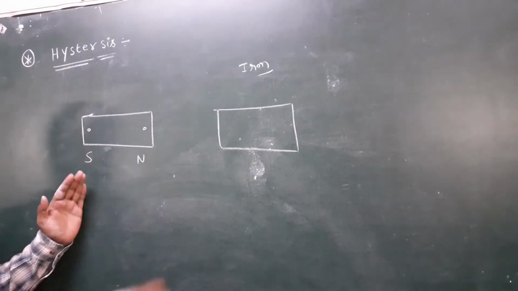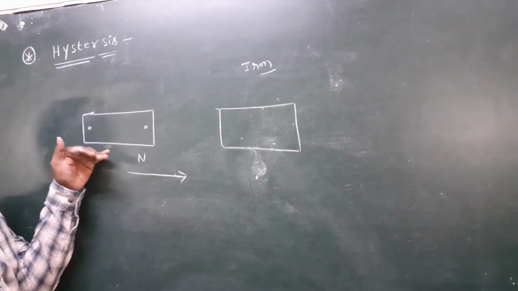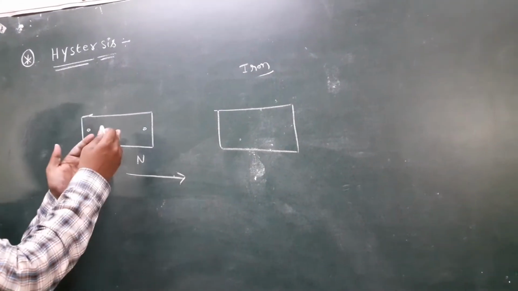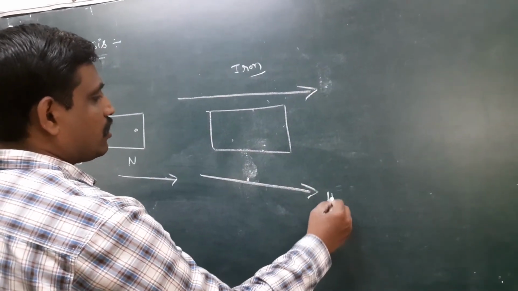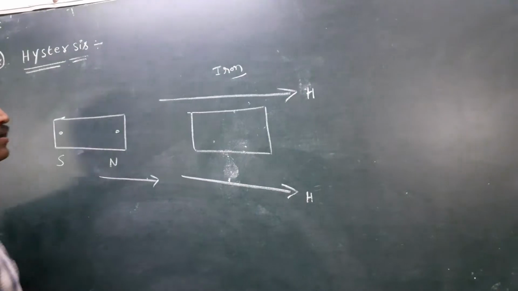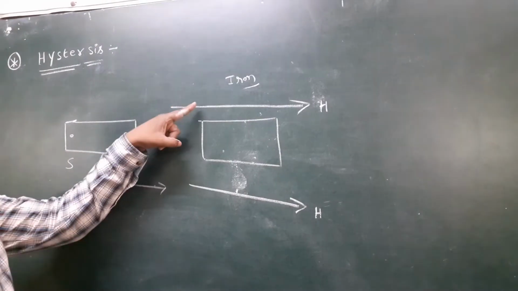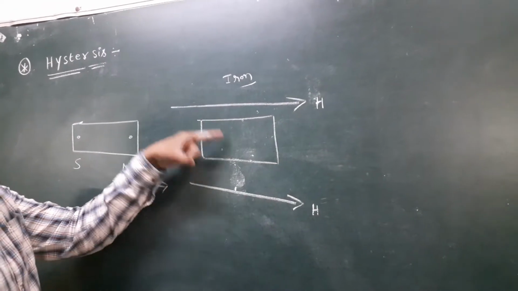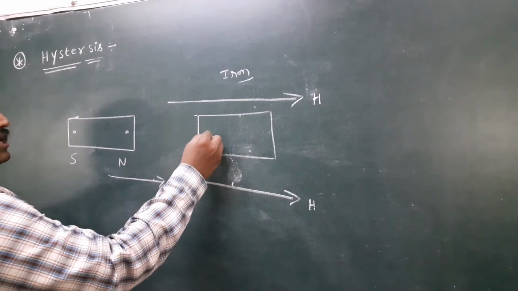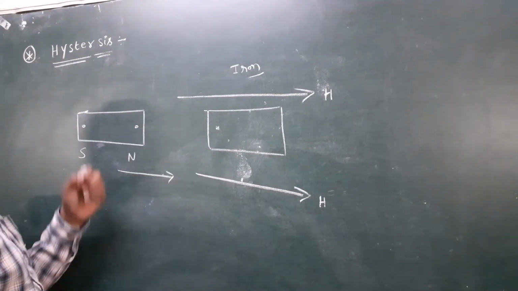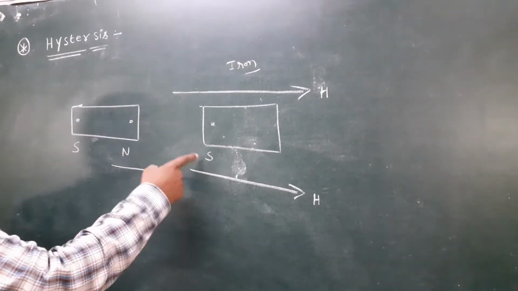Here, nana, this magnet is moved towards the magnetic material. This magnet produces a magnetizing force on the magnetic material. Once again I repeat, nana, this is the bar magnet, and this bar magnet produces the magnetizing force on the magnetic material. Because of the magnetizing force, this iron gets magnetized and attracts. Attract means this is the north pole, automatically this is the south pole, because unlike poles attract.